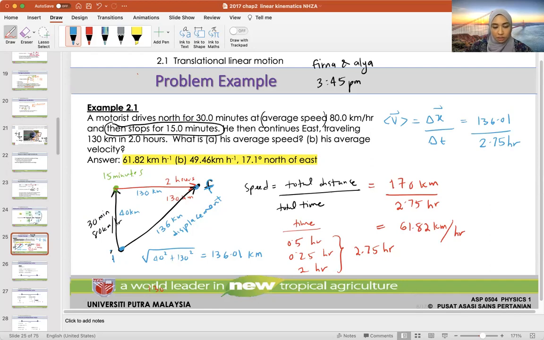The displacement is the tricky part, but total time is still the same. It's 2.75. To get from here to here, he had to travel far, but the time needed is 2.75, even though the displacement is short, because displacement is the shortest length. Even though it is the shortest length, the time needed is still 2.75. So the answer is